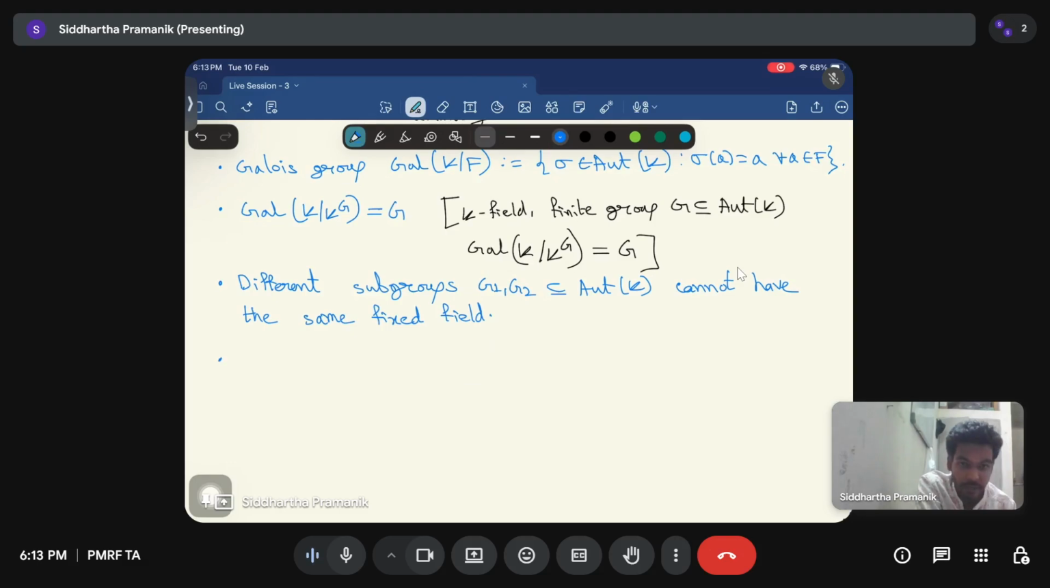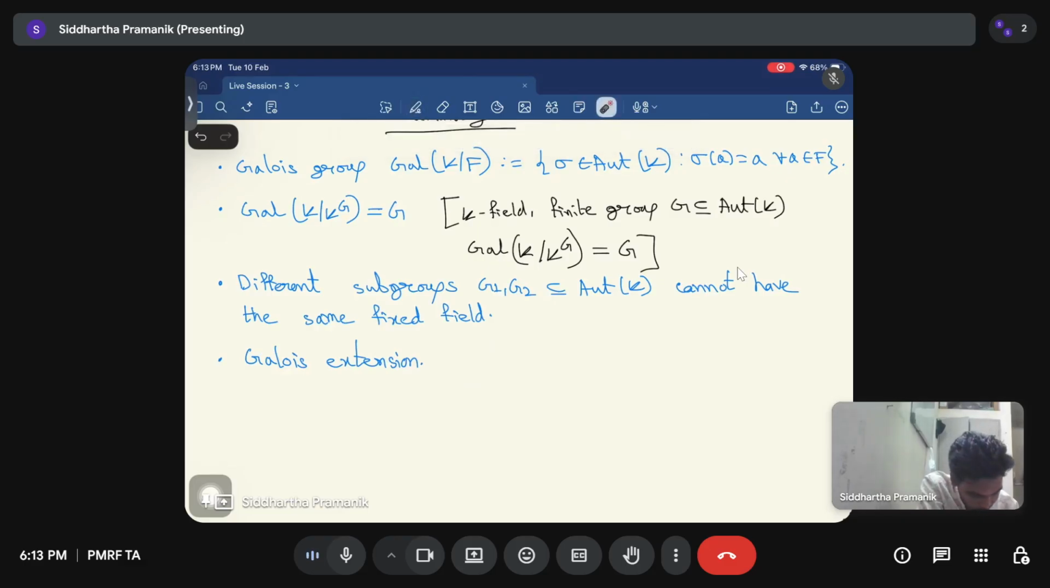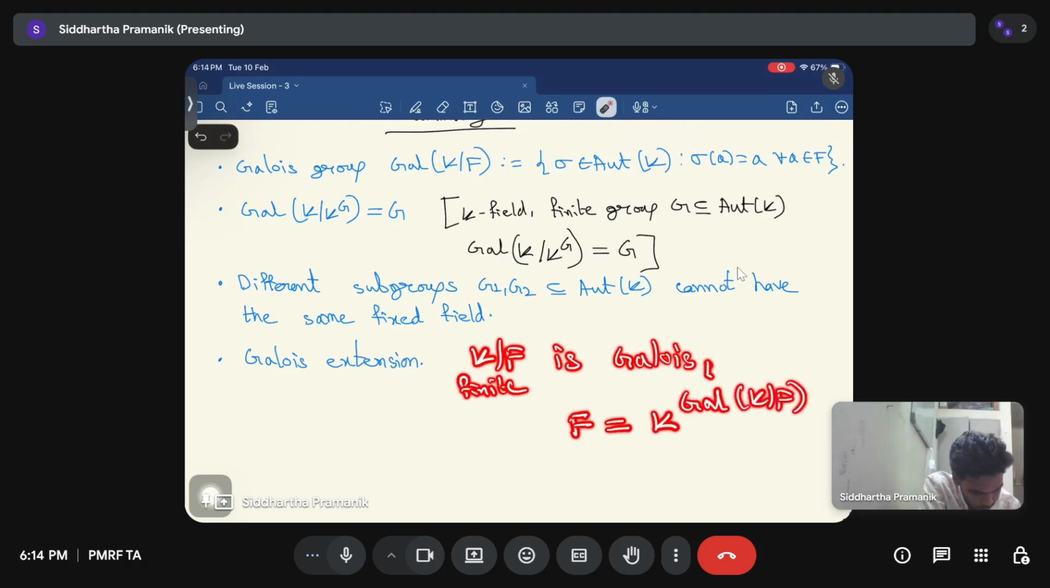Then we have defined Galois extensions. So what is a Galois extension? An extension K over F is Galois. So we are defining only finite Galois extensions. So it is finite. It is a Galois extension when the base field is the same as the fixed field of the Galois group. So this is the definition which we have used,